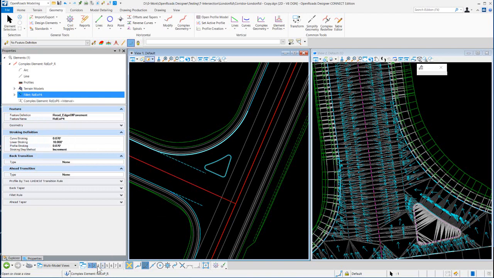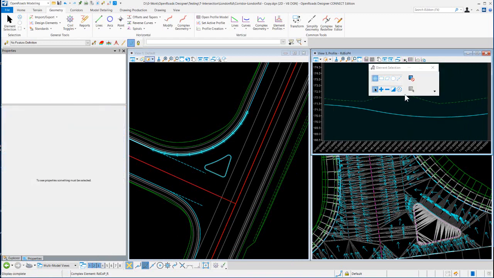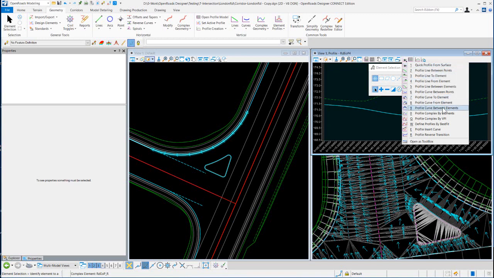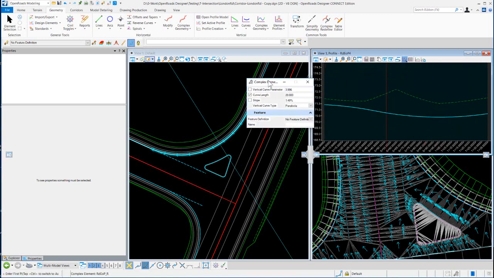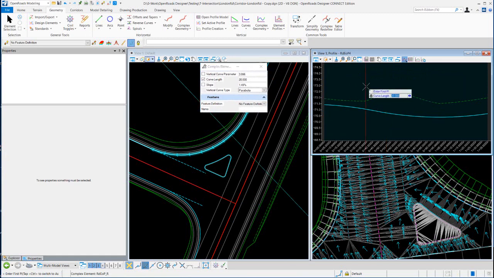I'm going to open up like view 3, and we've got that profile model open. And then really I'm going to just come in and reprofile this. So I'm going to probably choose this profile by complex elements. Curve length 20, that looks good. So enter my first VPI,